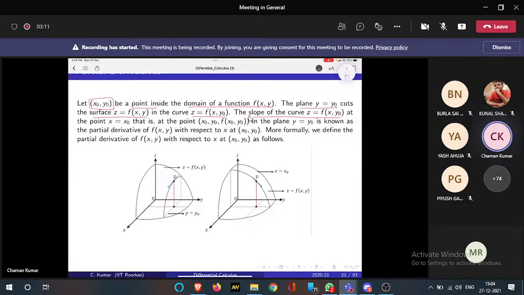The slope of the curve at the point x is equal to x naught is known as partial derivative with respect to x at point x naught, y naught. Okay. Right. So that means to calculate the partial derivative of a function of two variables x and y at a point x naught, y naught,